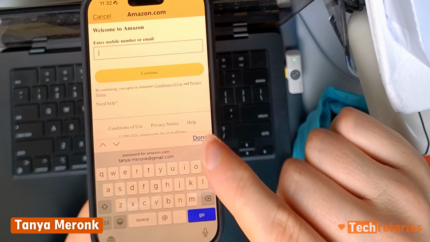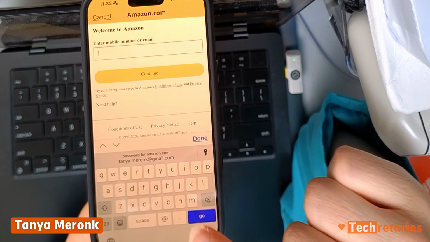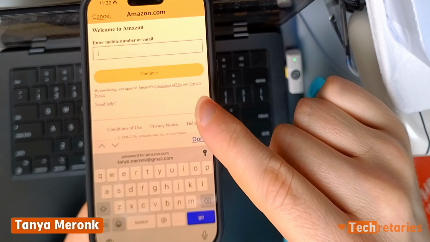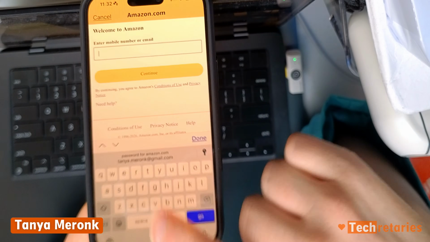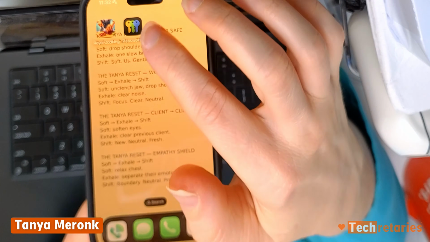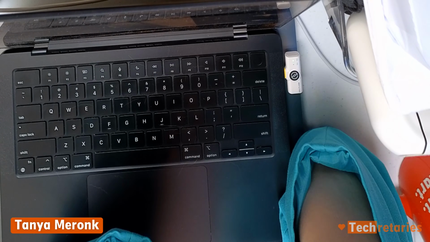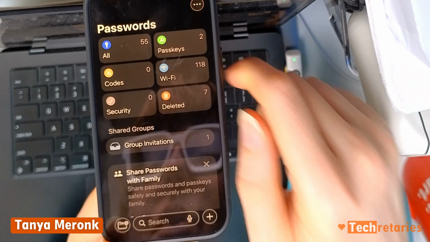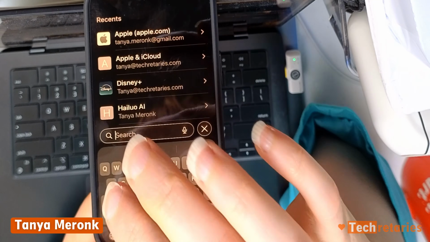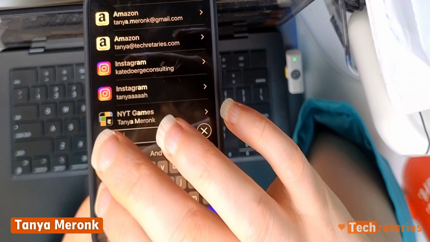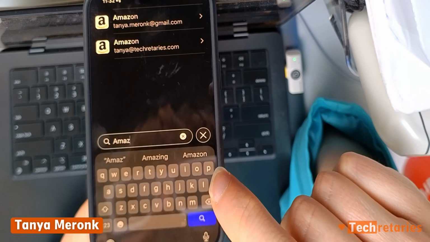Now, one last thing I want to show you. Sometimes it doesn't fill in. We gotta do the copy paste. I gotta show you copy paste. Just as easy as on the Mac. So I go to passwords, I show my face, or I put in my passcode, and I'm gonna search for Amazon. And again, copy and paste is really gonna probably only come up with your Apple password,